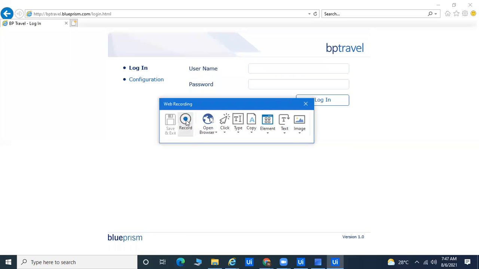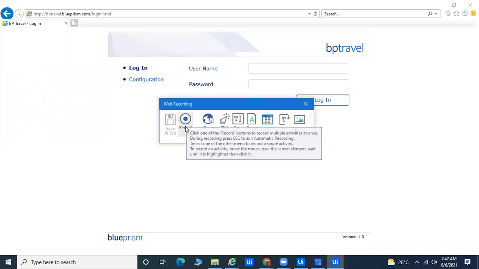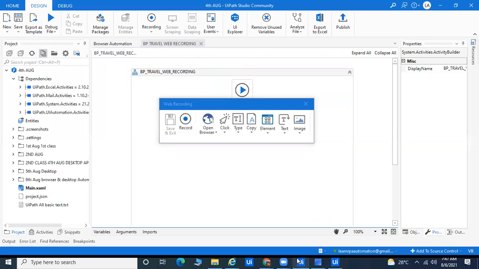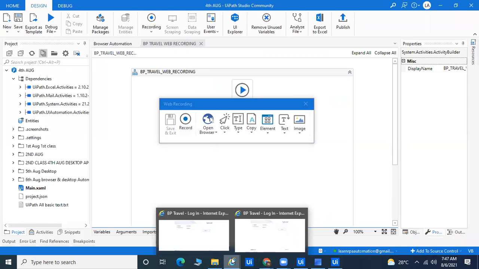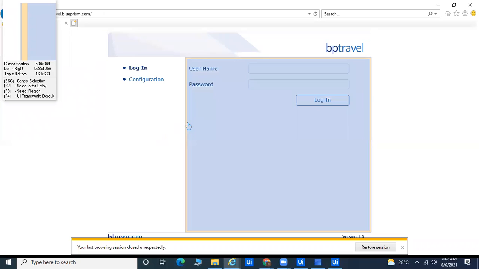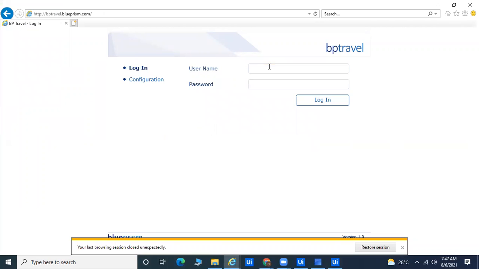The previous problem was with the recording. I will tell you what it generates. In UiPath, first open the system you want to record, go for recording, and go for the ID and password.